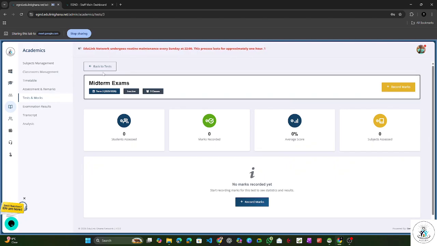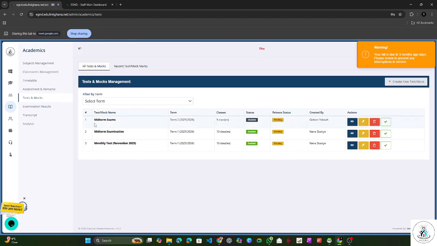So if I go back to tests, that is the one I just created, midterm exams. The one I selected, 9 classes, is currently disabled. Now I'm switching to the staff side. I've opened a staff portal. Right, so this is a staff portal right now,